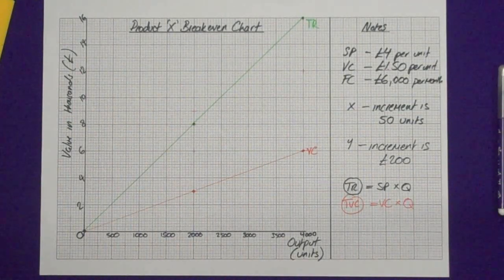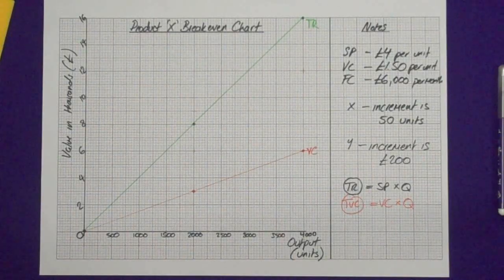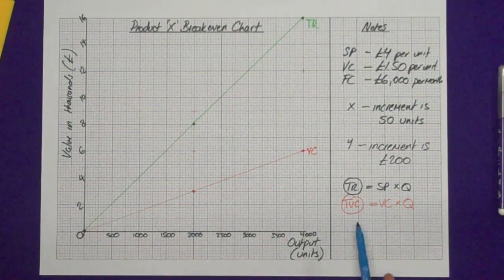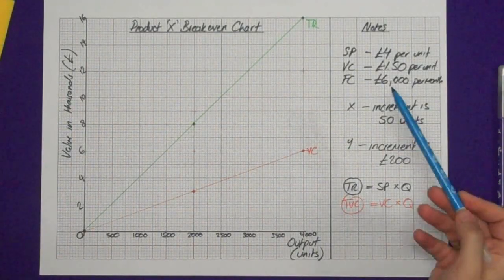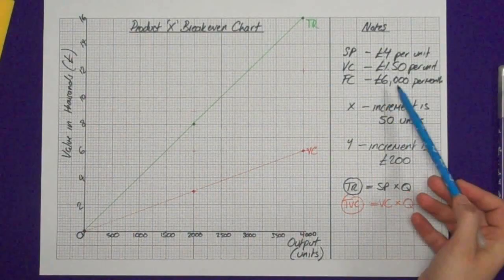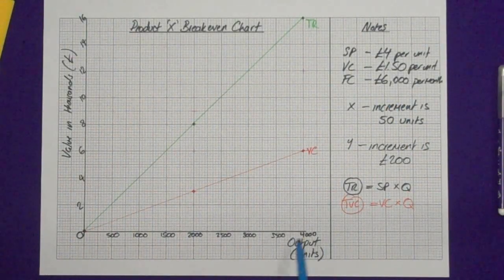So our third line we're going to add is going to be our fixed costs. Now fixed costs are fixed, not because they don't change. Rent is typical fixed costs, and rent goes up over time. It's fixed in relation to output. So we're going to use exactly the same theory, but there's no calculation here. It's very straightforward. So looking at our fixed cost, it's £6,000 per month, and that is completely irrelevant of how